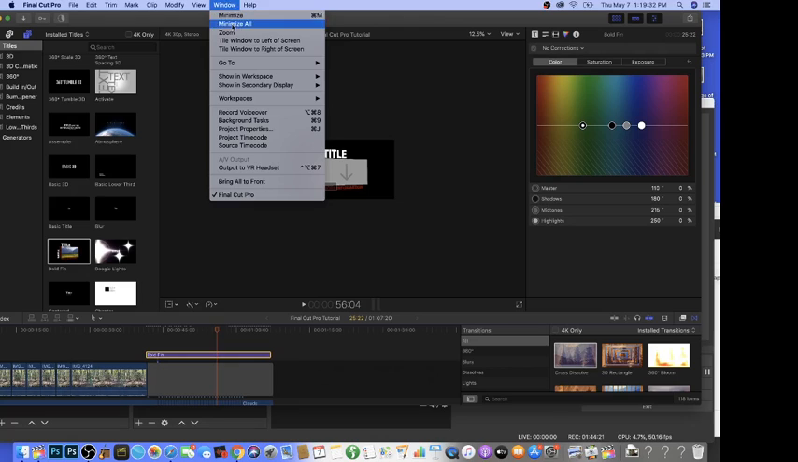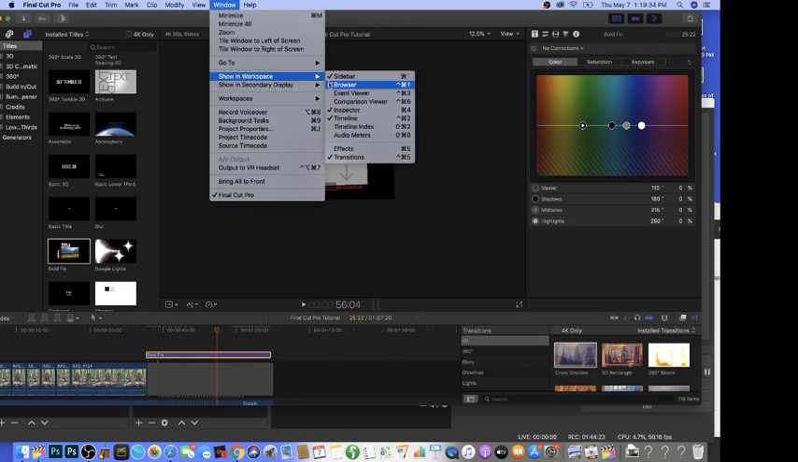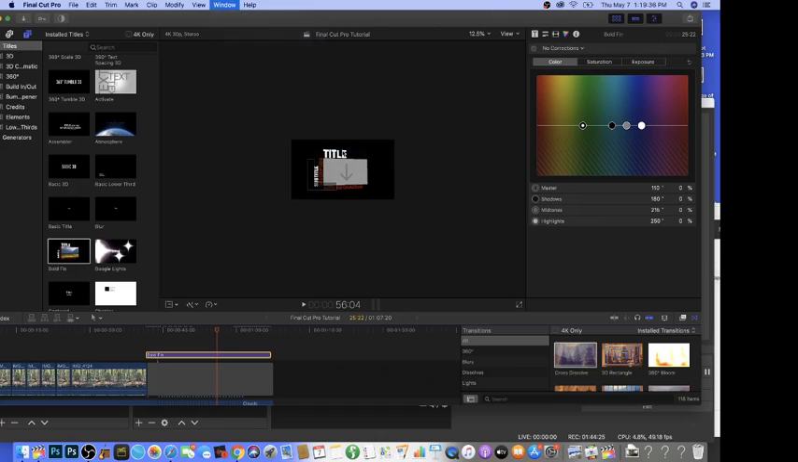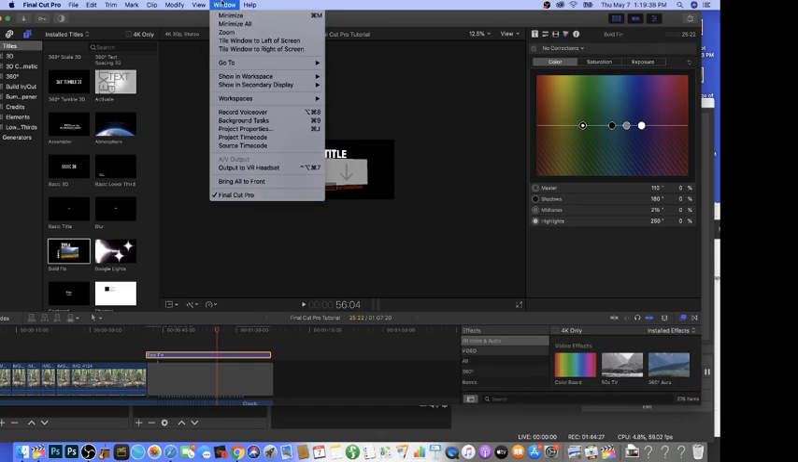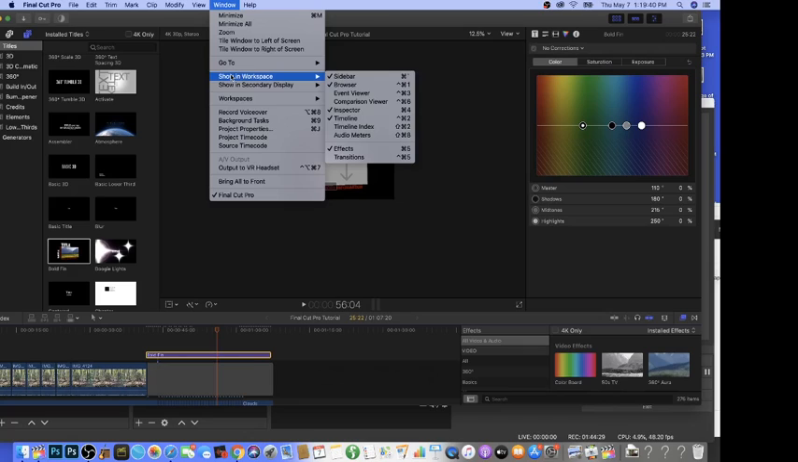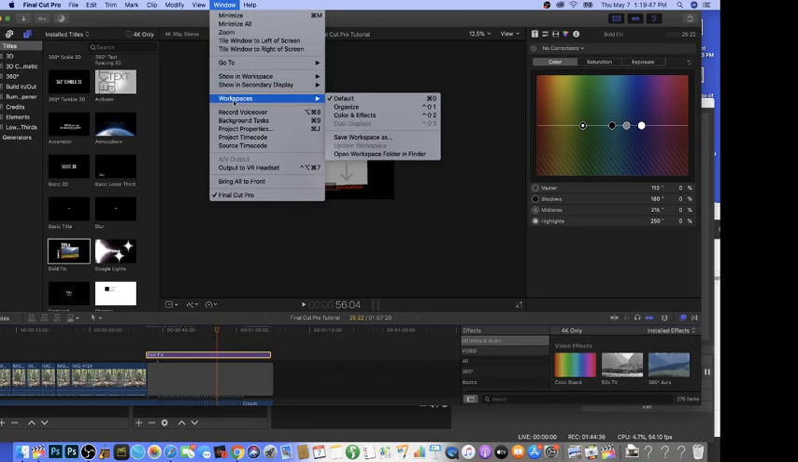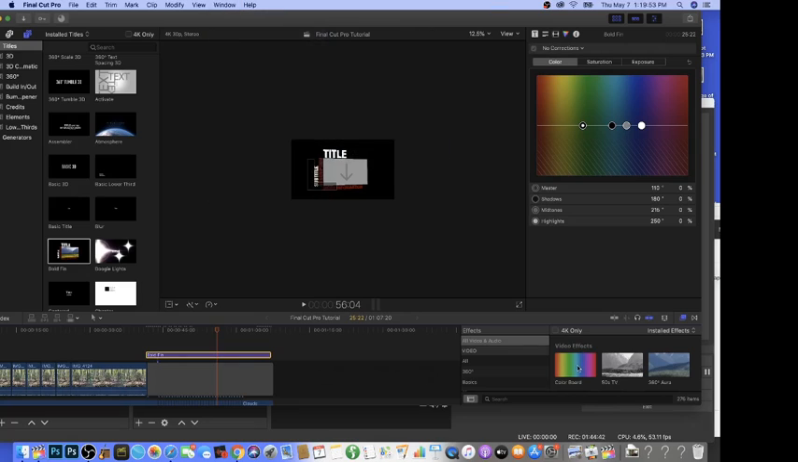Let's go to effects. Window, show workspace, effects. I don't feel like figuring out how to show both. Maybe I can figure it out later, how to show both the transitions and effects. Anyway, we want to key out that black